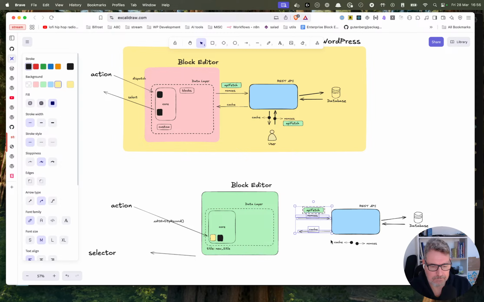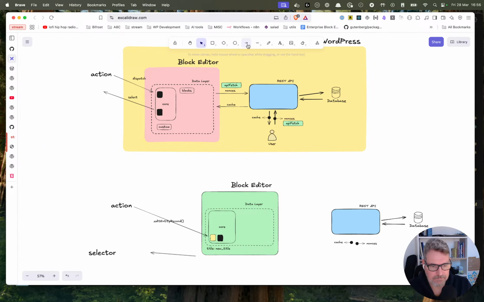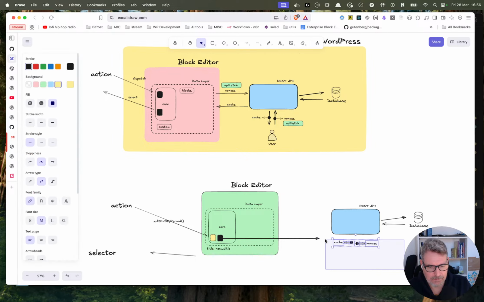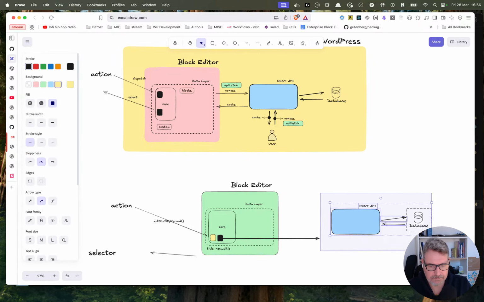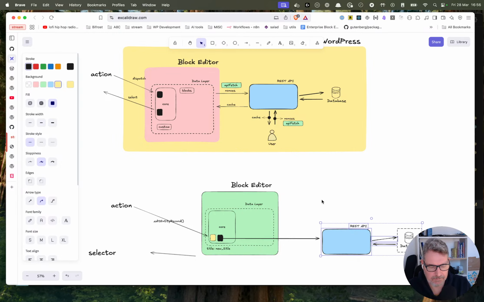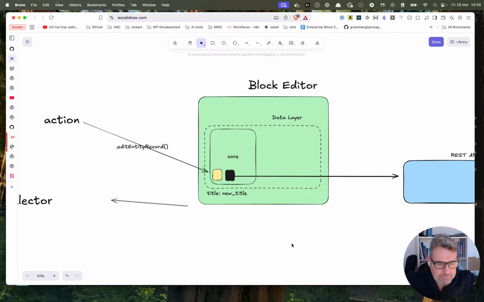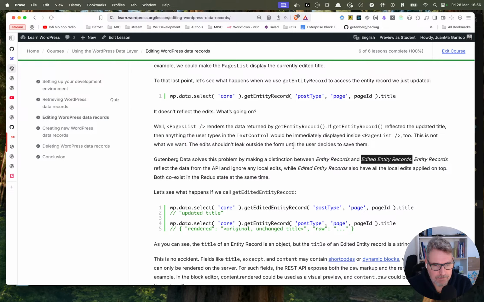And this is the one that we have edited. Okay, whenever we use getEntityRecord,